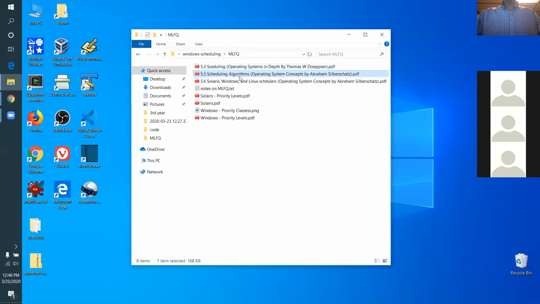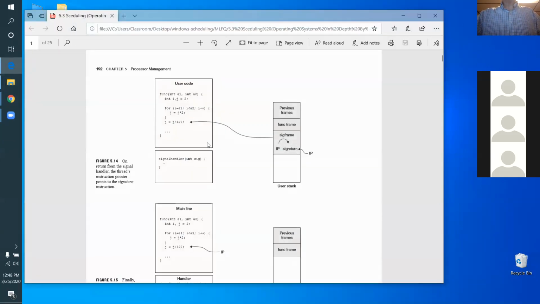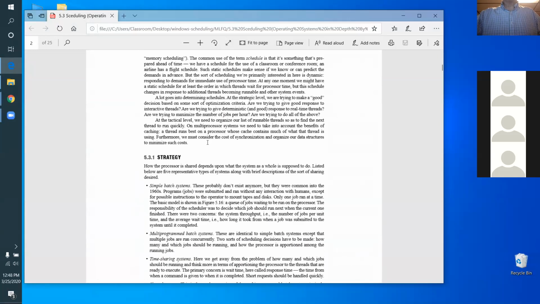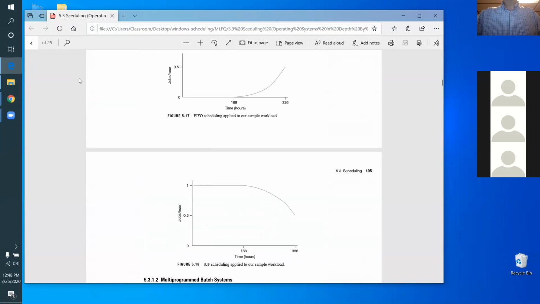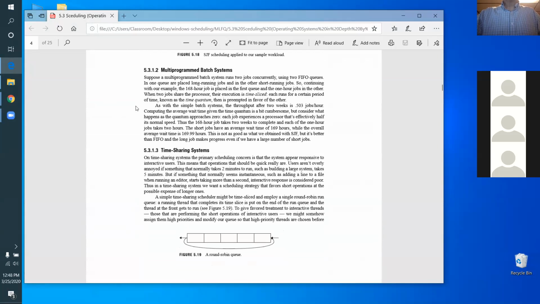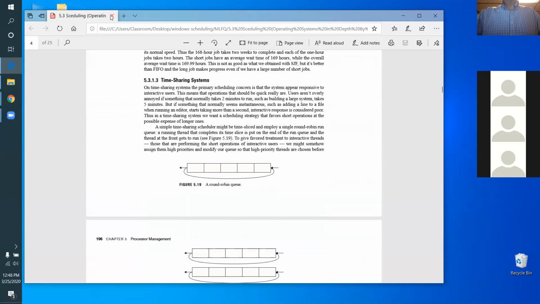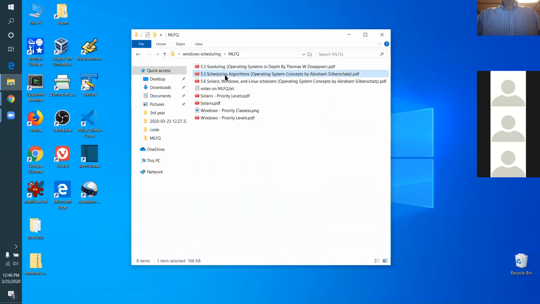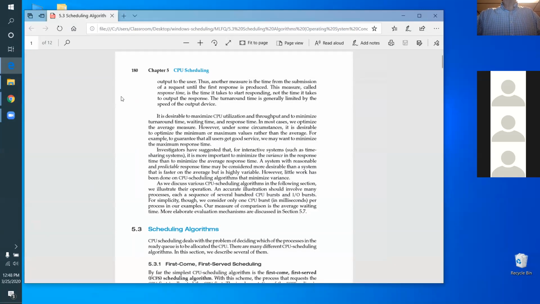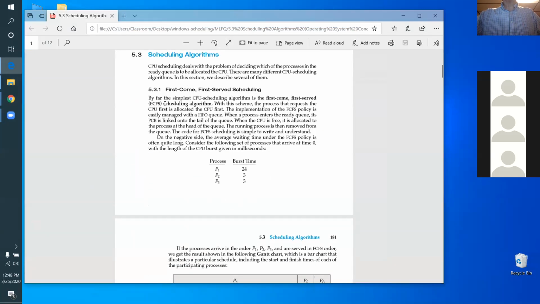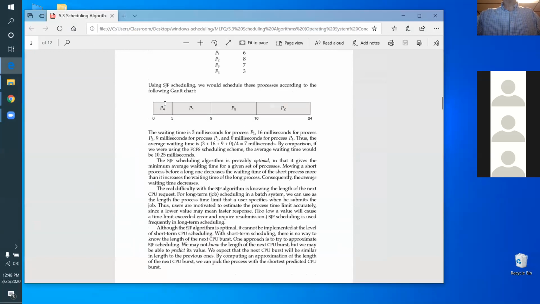Here are 3 more explanations. I stole them from 3 different famous operating systems books. So I scanned the pages that were about multi-level feedback queue from a few books, and if you want, you can read these. There's 3 famous operating systems books. Each one I got the section on the, let's see, where's